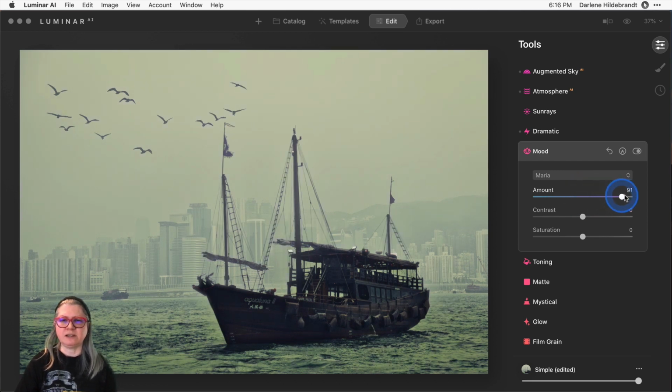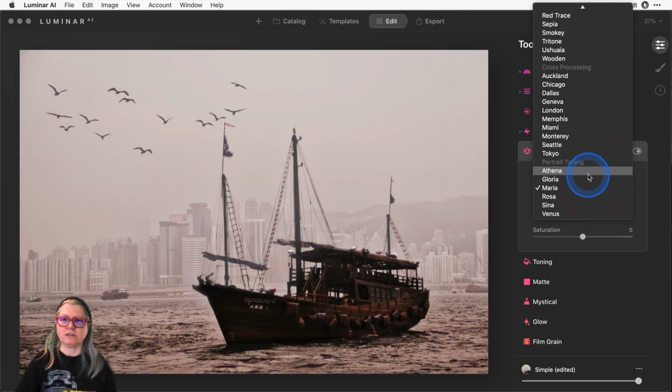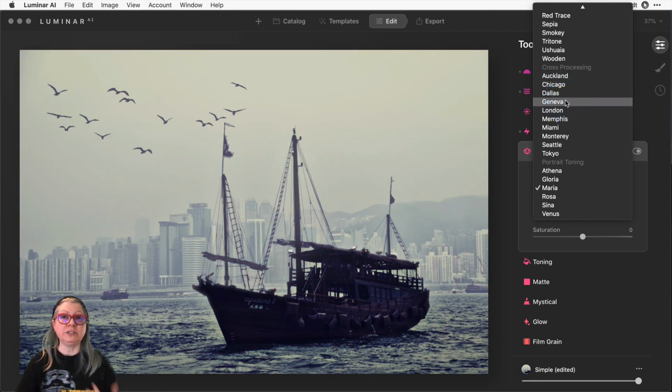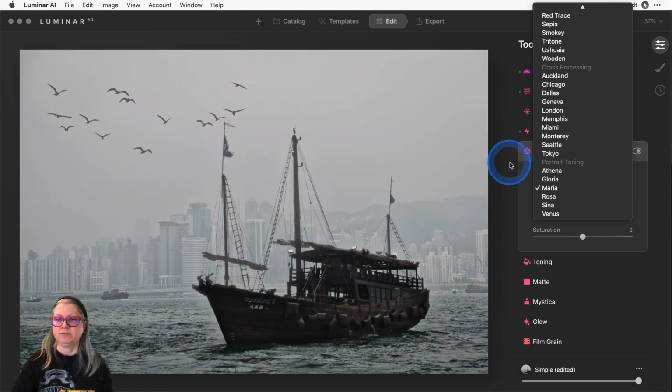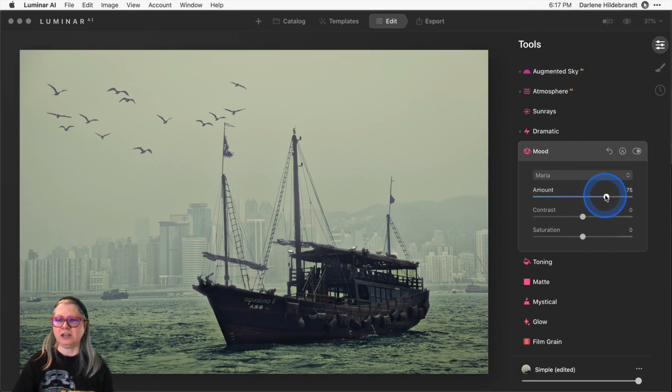Then you can increase the amount to see it stronger. Sometimes what I'll do is I'll increase the amount slider to at least 50. Then as you're looking through them, if you scroll your mouse over the different LUTs, you'll see a preview, and it's easier to choose when they're turned up a little higher because you really see the effect strongly. And just like anything, once I apply it, I've chosen the one that I like, then I will turn it down to how I want it to be on the finished image.